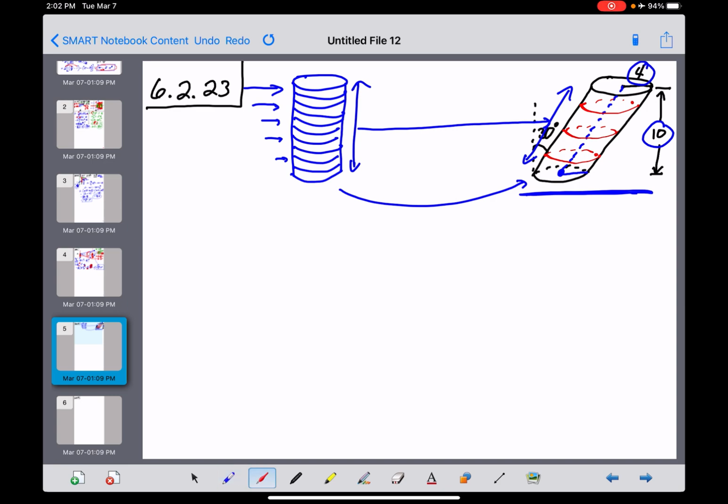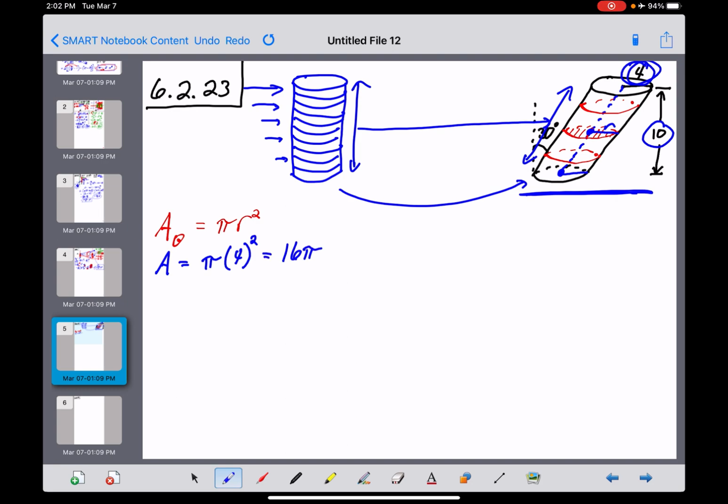What you need is a formula for the cross-sectional area. And what shape is each one of these cross-sections? It's a circle. And the formula for area of a circle, of course, is pi times your radius squared. So now you got to ask yourself, how big is the radius for each one of those circles? Exactly the same as this one right over here. So the area of each circle then is going to be pi times a radius of 4 squared, which is